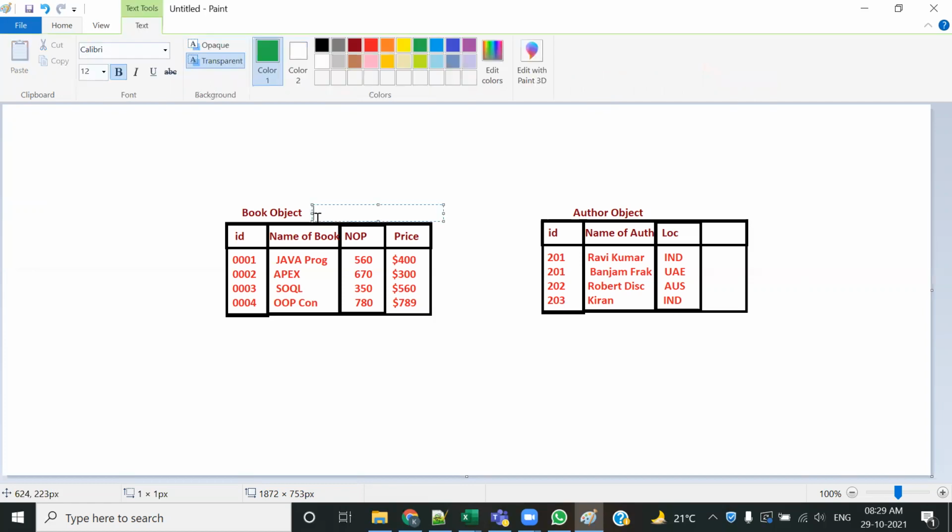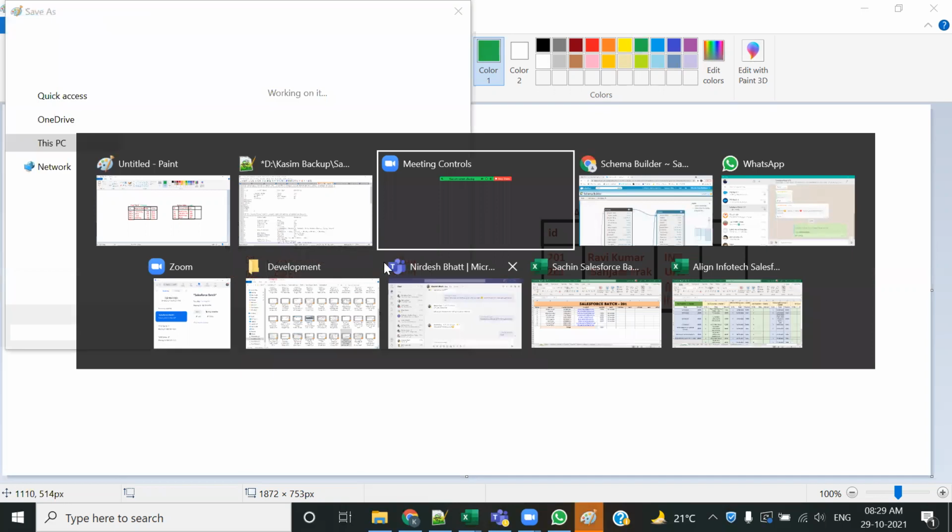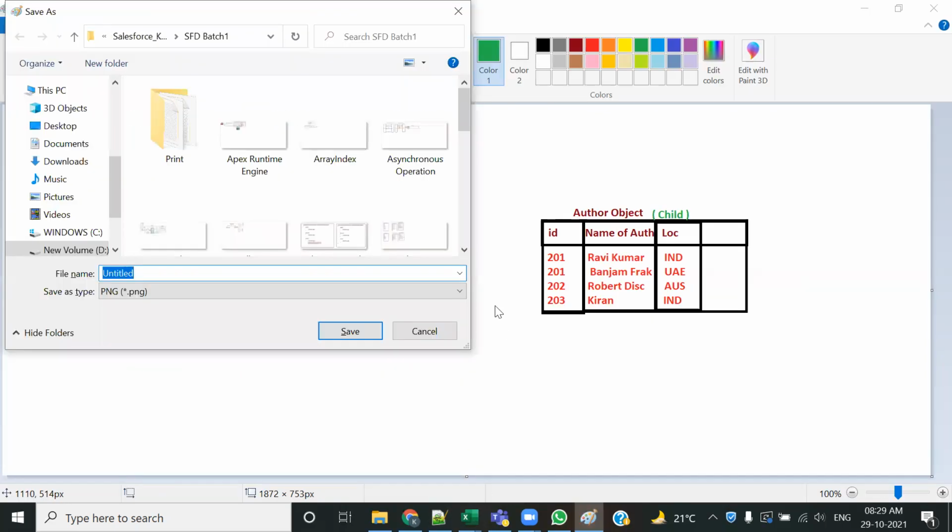Now let's take this as an assumption. Okay, let's make this book object to be the parent object. This one is a parent. And let's consider your author to be the child. Okay. Your author is what? It's a child object. So this is the first thing you should know. So whenever we are creating the relationship,